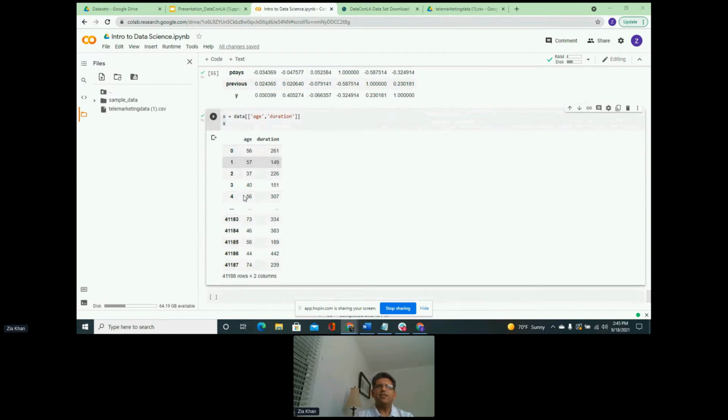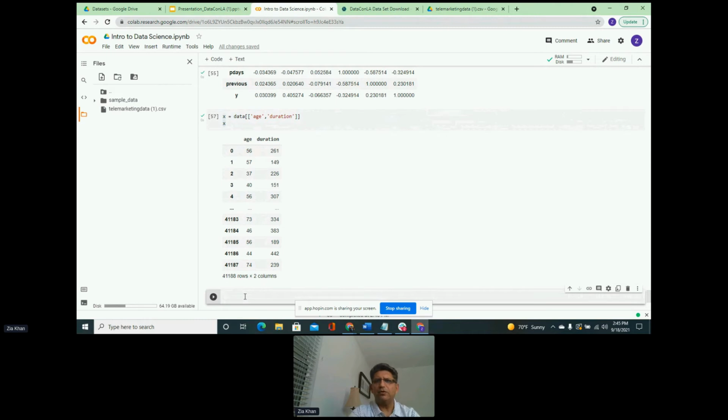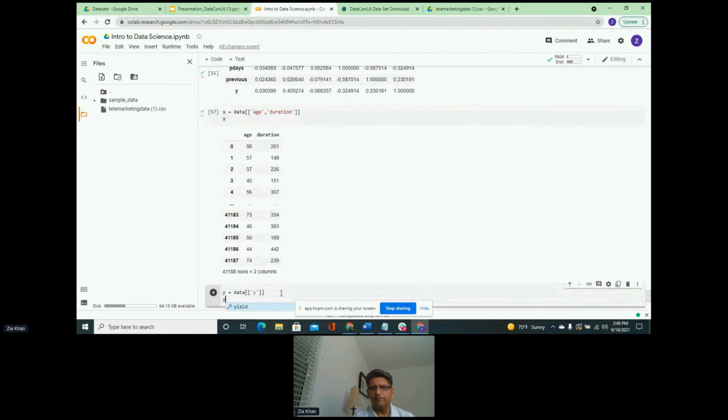The second step is we want to pick the target feature, and the target feature is Y in our case. So we are still going to call it Y, but we are going to pick that feature Y from our data.